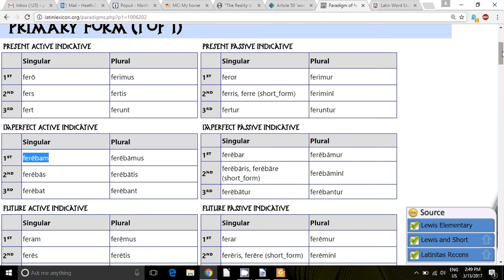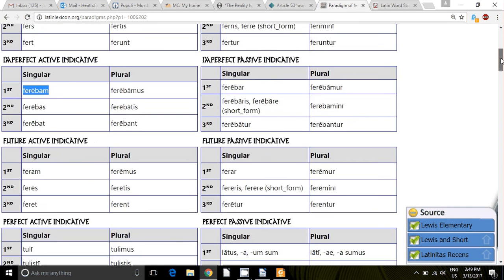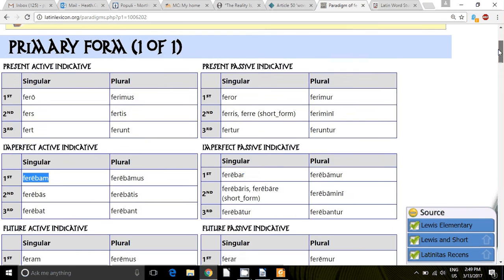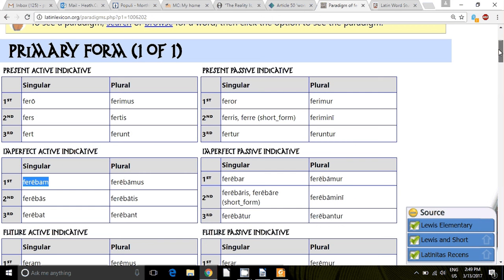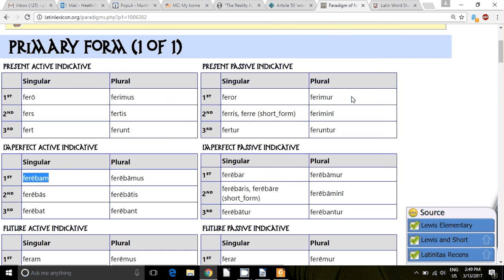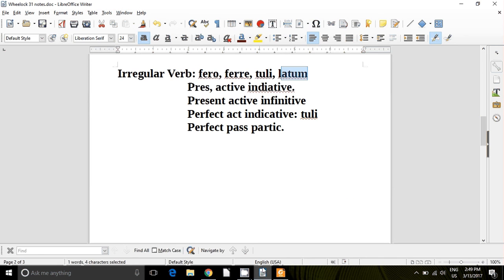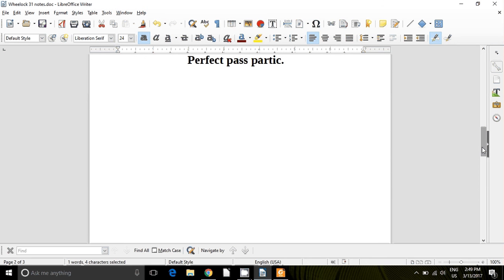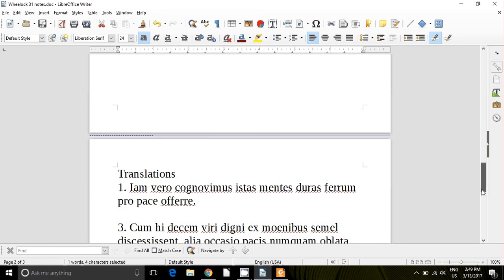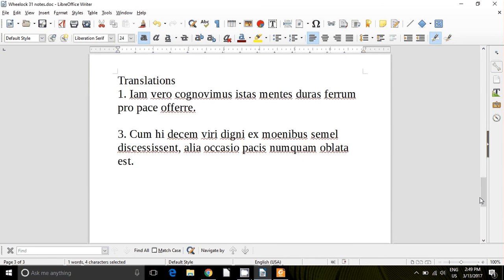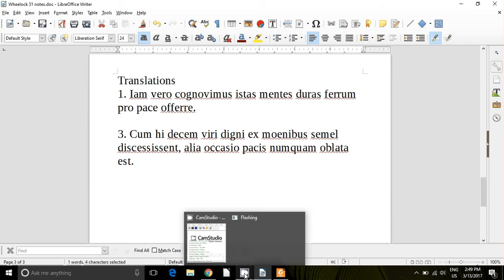So the forms that you're to learn in this chapter are on page 256 and 257. But you're basically learning a whole verb, but it's not like it's all irregular. There are a few irregularities, and he has especially pointed those out in bold type. So you need to make your charts and paradigm forms for that, so that you're ready to go. Once you've made those, and once you've made your flashcards for vocabulary, and you've had some time to learn that over the course of a day, I'd like you to do translations numbers 1 and 3 on page 258, and then come back to the video for the translations, correct them, and then you'll be ready for the quiz.